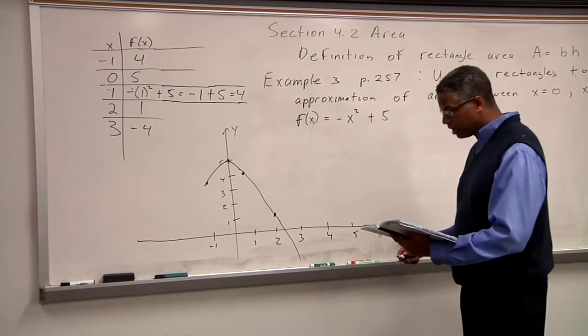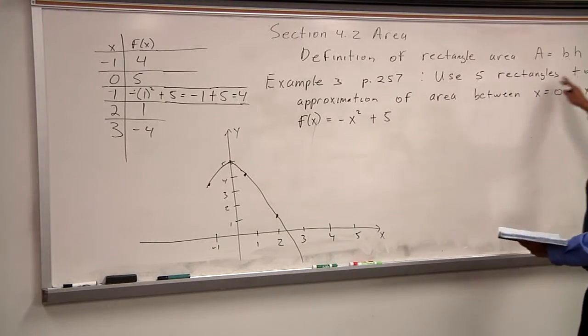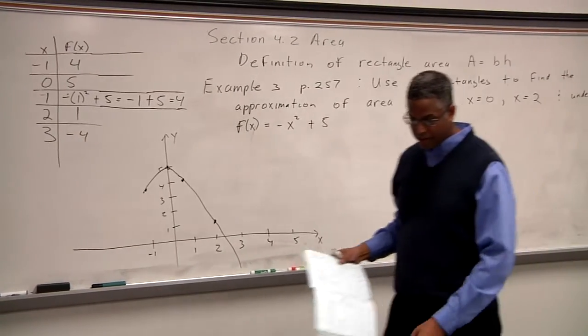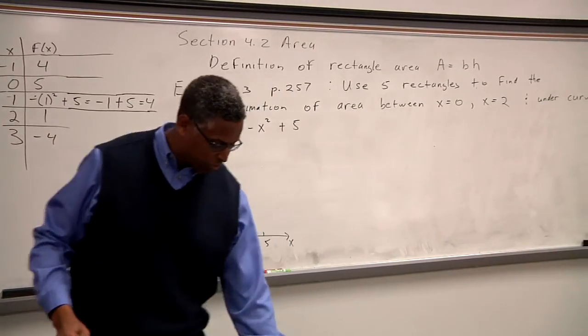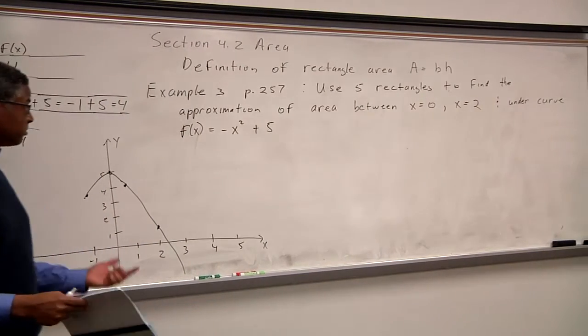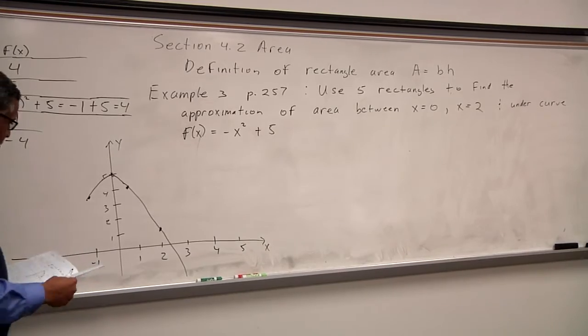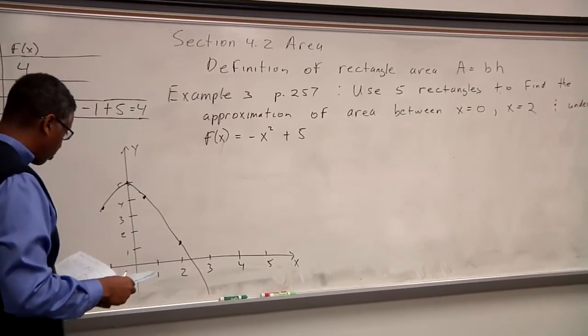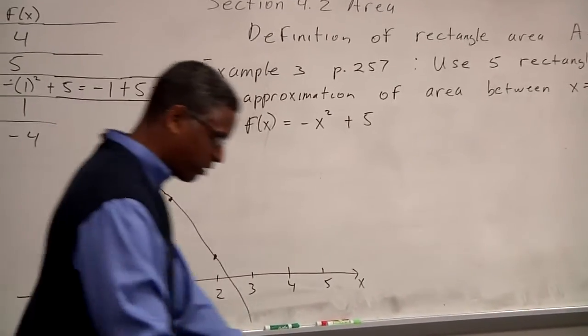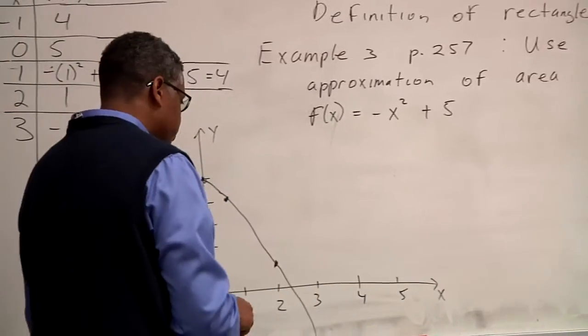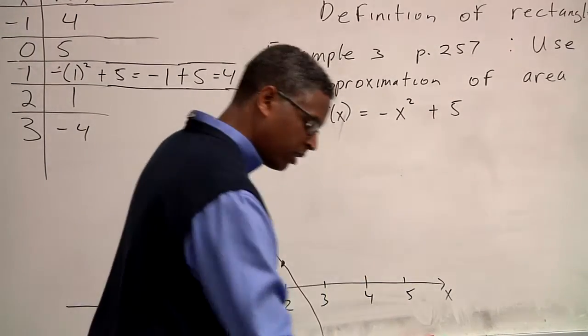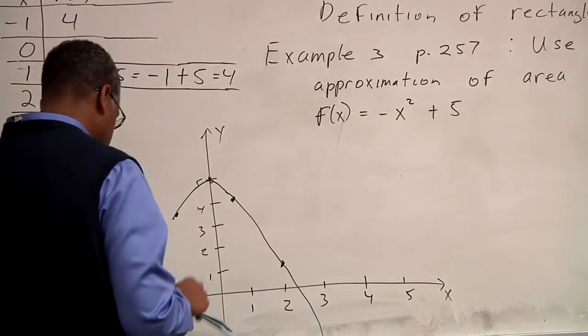Okay, so we were supposed to use 5 rectangles to find the approximation of the area. So we've done several of these problems already, but like I said, today's flipped classroom is going to be more about some of the details. So I'm going to work through this part a little bit more quickly because you're familiar with this already. So let's go ahead and draw the rectangles underneath the curve. Since it's going to be 5 rectangles,